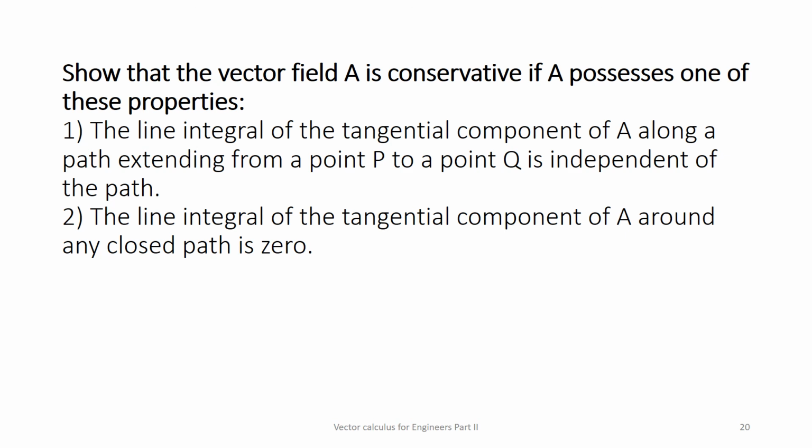So here we come to know that the first property is proved, that is, the line integral is independent of the path, of how it is moving. It depends upon the two endpoints, that is P and Q. And if it is a closed path, that means P is equal to Q. Since Vp minus Vq is the equation we derived, the second property is also proved, that is, the line integral of the tangential component of A around any closed path. When the initial point and end point are the same, it is 0, because the potential at P minus the potential at Q is equal to 0, as the points are the same.